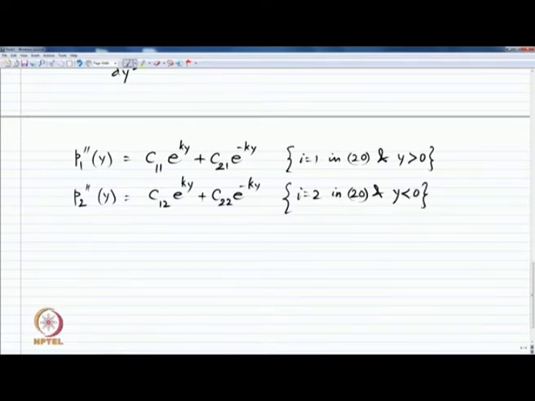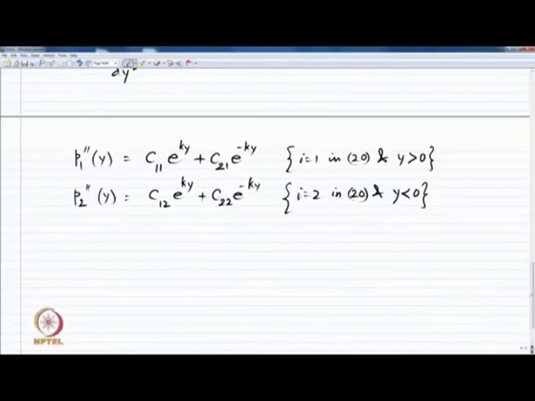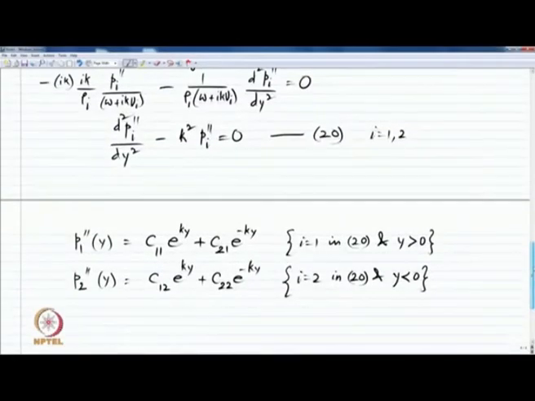So, that is our location of the two fluids 1 and 2. Fluid 1 is located in the region y greater than 0 and fluid 2 is located in the region y less than 0. So, this is the most general form of the solution